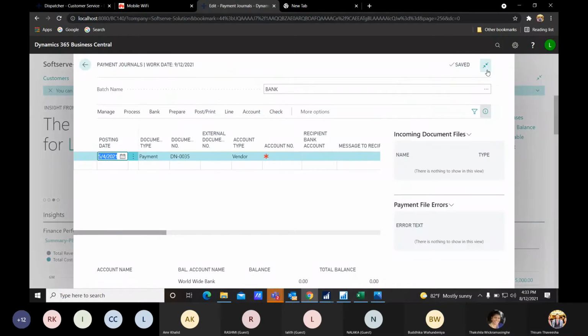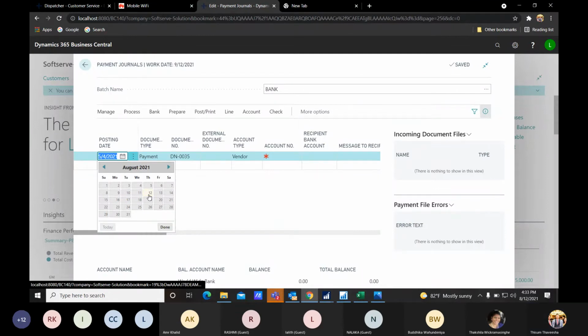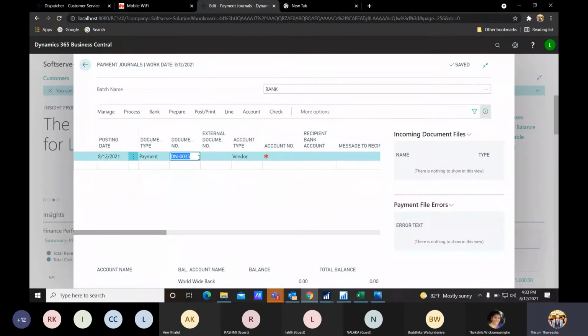Right. So this is a journal. We have to put a journal entry for the relevant purchase order, and we have to set off. Okay, so we are doing against an invoice, right? So here we can enter our posting date. So I will have the posting date as August 12th, and then the document type should be payment, and the document number would be automatically generated. We can predefine those things and keep the document numbers to be generated automatically, so there will be no duplication occurred.